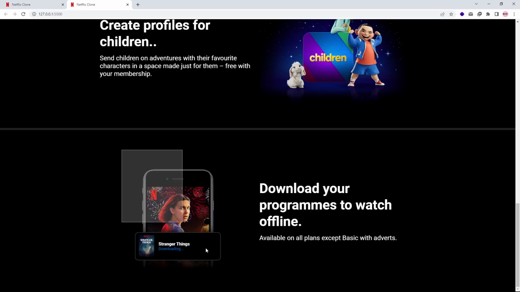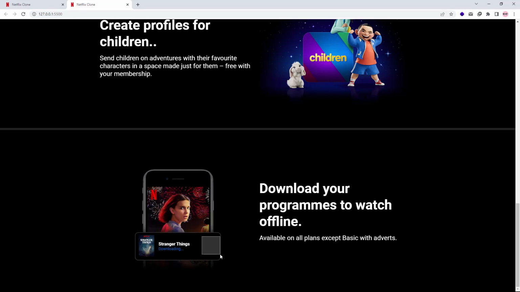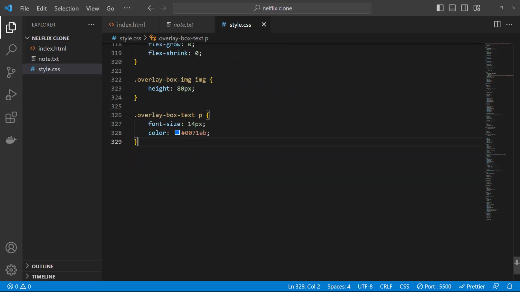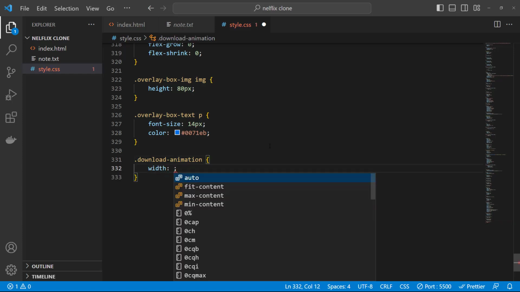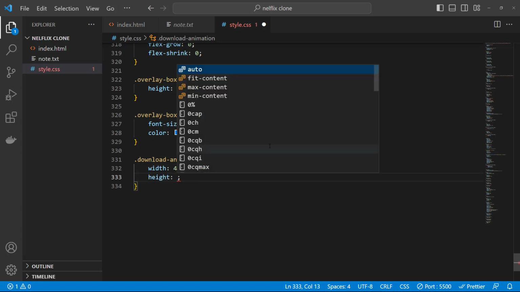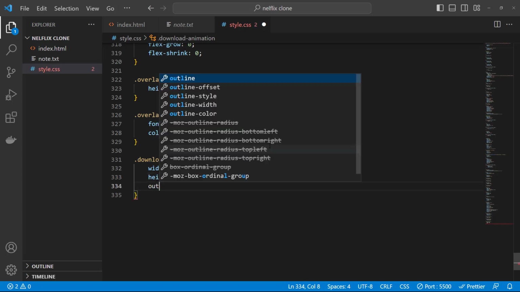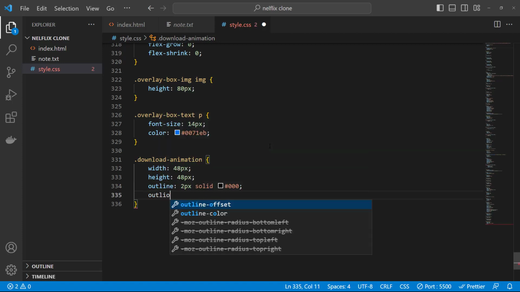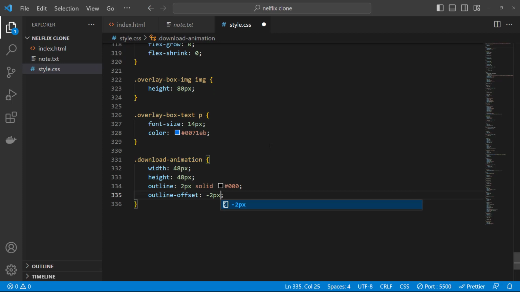Back in the browser, it's looking good. Now we have to add the download animation button like this one. Back to our code. Below this class, let's say download-animation curly brackets, width will be 48 pixel, height will be 48 pixel, outline 2 pixel solid black, outline offset minus 2 pixel, display will be block,